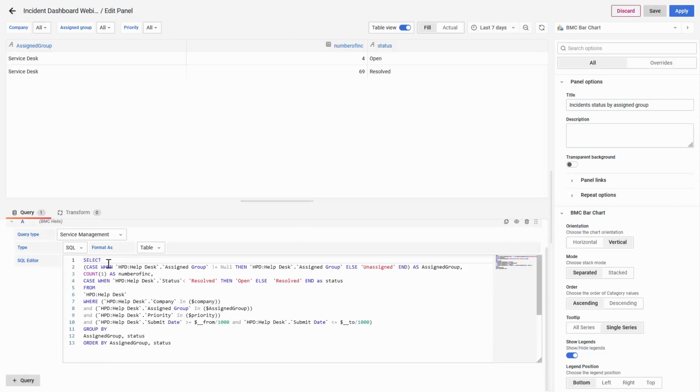On this query, in the first line, we are filtering all the assigned groups that are different to null with the case statement. So it will only give us the assigned groups that are actually populated, and everything that is null will be changed to unassigned. So this is just a method to mask the null values for the assigned group, and instead of having nulls, it will be placed as unassigned. Then we are doing a simple count that we can see in here, and then